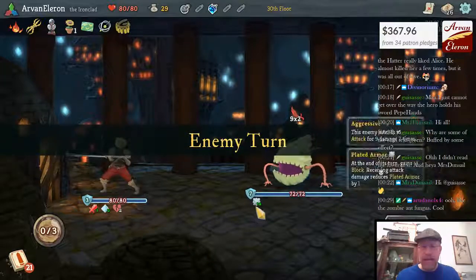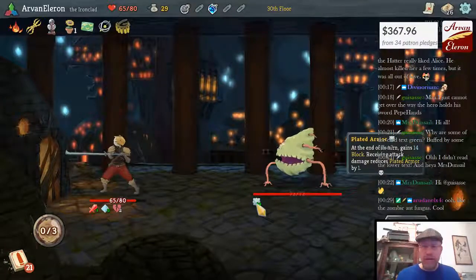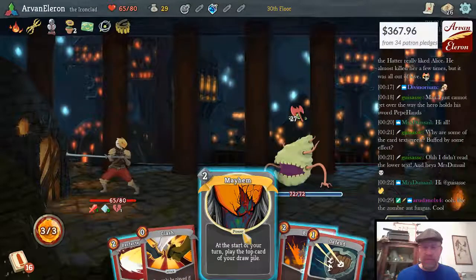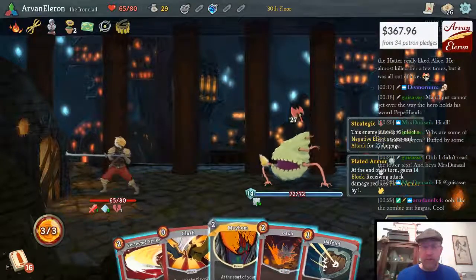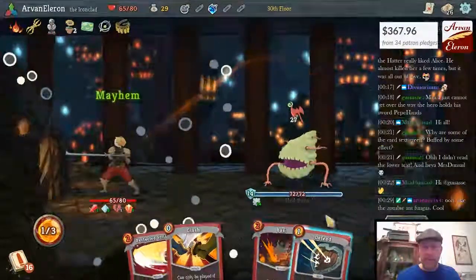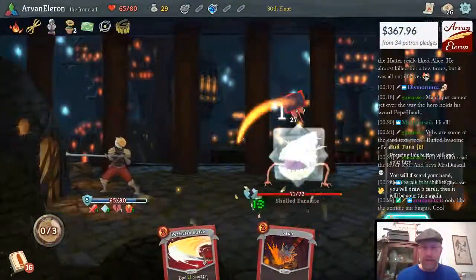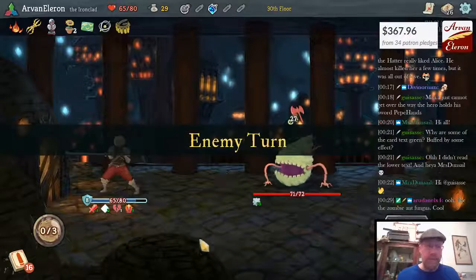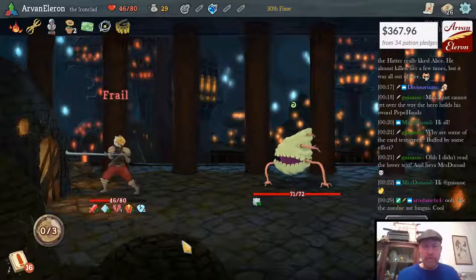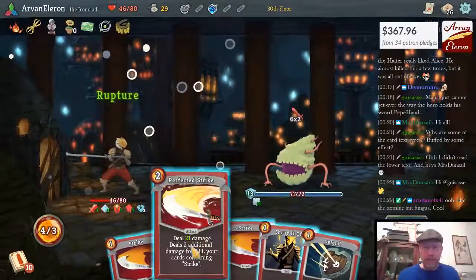This guy's kind of a pain because he has plated armor, which means that he gets 14 points until you break through that armor. And he does some pretty serious stuff. Like, for example, you can see right now that he's got 27 he's about to hit me with. So I'm going to play this, which allows me to play the top card of my draw pile. I'm going to play my Defend, and that lets me play my Clash, which means I've broken through his defenses. He's going to do... yeah, exactly, Arnell. So he's going to do 19, which is unfortunate. Yeah, I'm not wild about this guy, but...